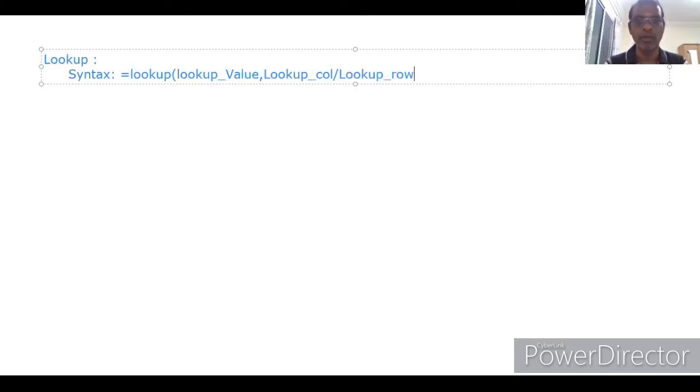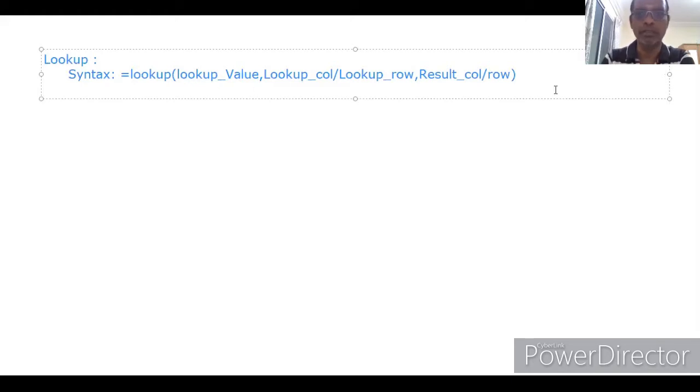Third one is the result column or result row. That's all. So the syntax for the lookup function is equal to lookup within open bracket, close bracket. We have to specify the three arguments: one is lookup value, lookup column or row, and result column or row.